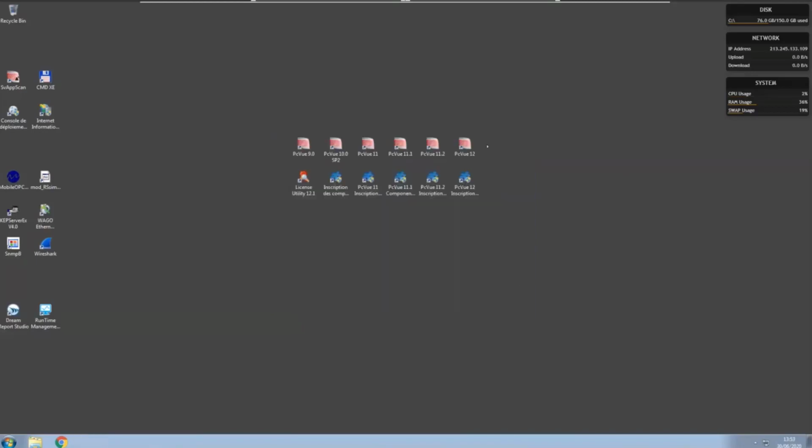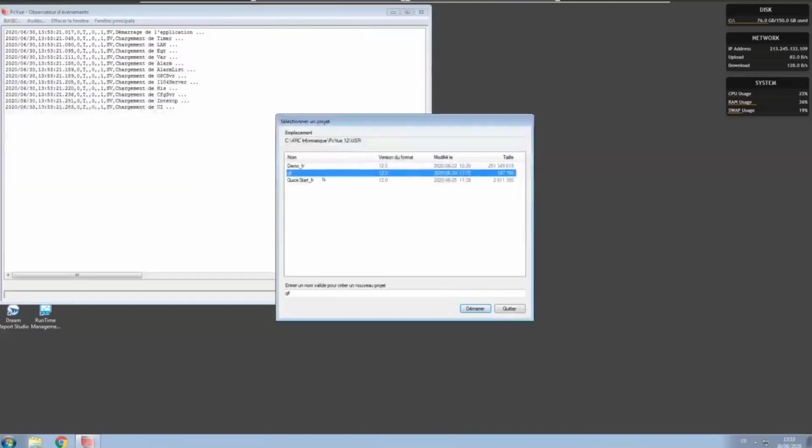When my component registration is done, I can run PCView 12 and I will, for the demo, use the QuickStart